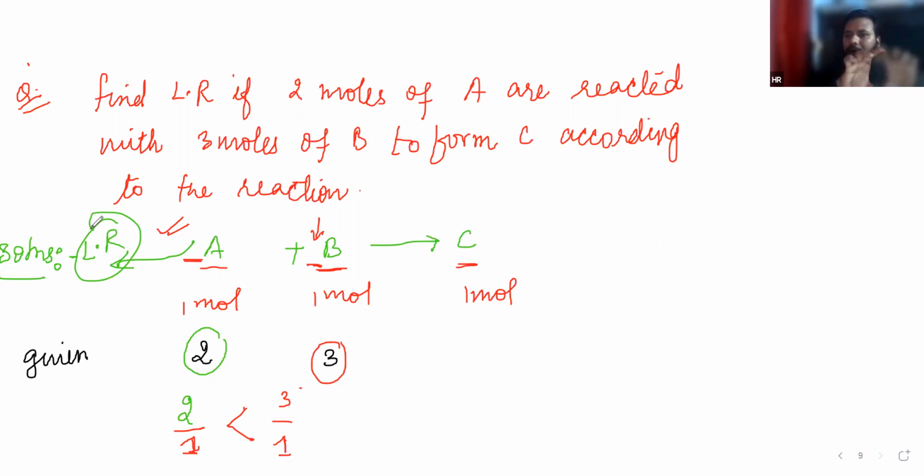You will have a balanced chemical equation, and you will be given some number of moles, like 2 moles of A and 3 moles of B. You just need to take the ratio of given moles to the stoichiometric coefficient of that substance. Okay. Yes, sir. Just write it. It's a very interesting topic, and very good questions will be there for you.